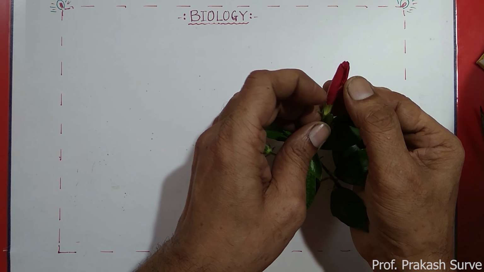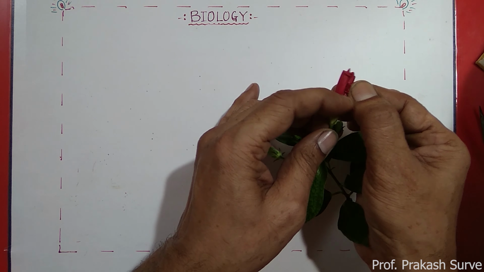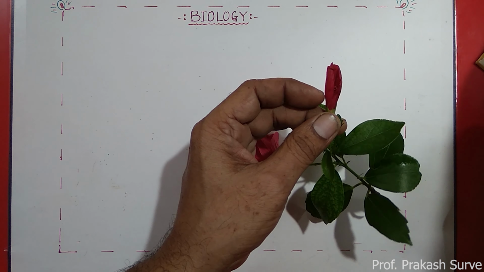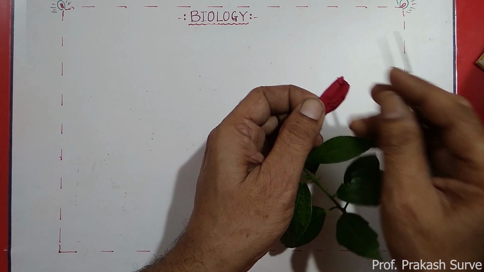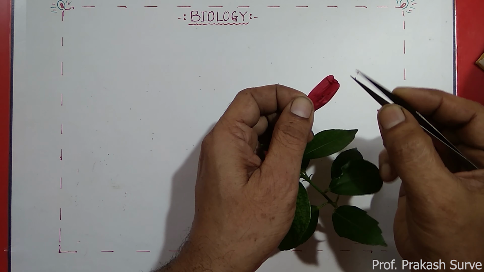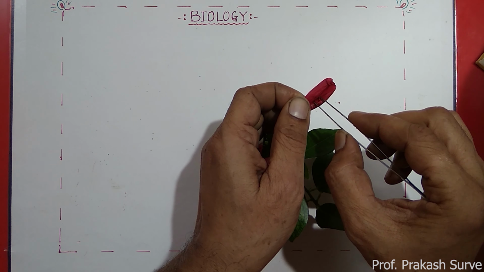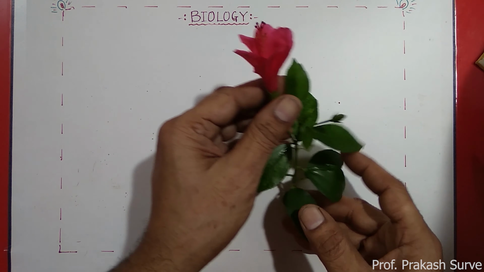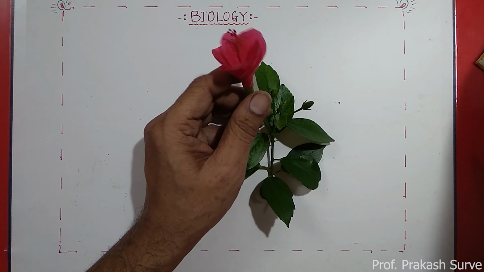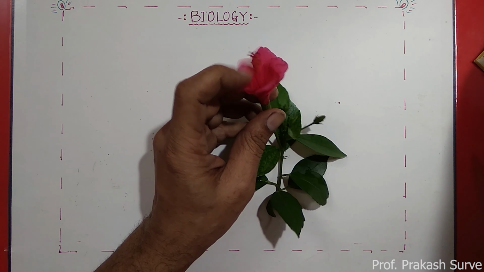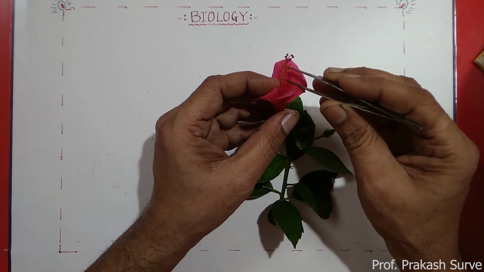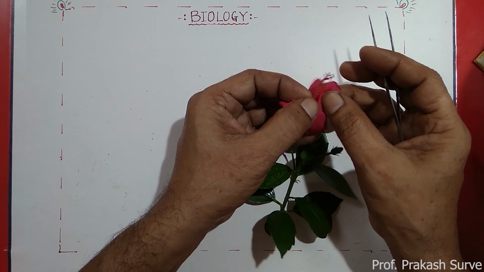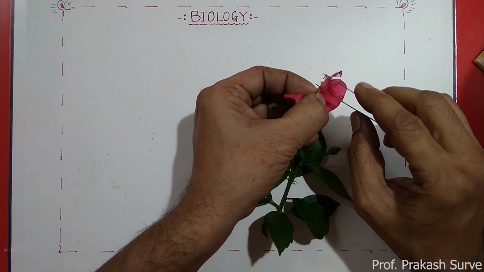Before opening this, you have to remove the stamens from it. The male parts, all the stamens, will be removed, so that this flower will become a unisexual flower. In exam time the potted plant will be there in this way, and the flower will be present on it. If the flower is without the stamens, so all these stamens I will remove.